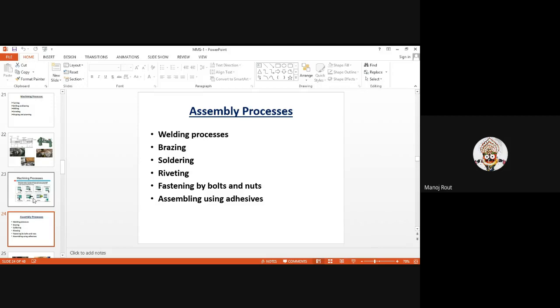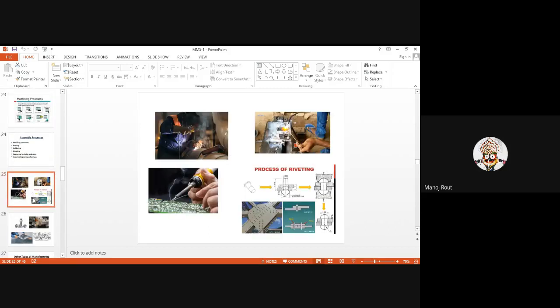In case of assembly process, we generally include welding process, brazing, soldering, riveting, then fastening by nuts and bolts, and assembly using adhesives. So we just proceed one by one. In case of welding process, the definition of welding is the joining of metal pieces, similar or dissimilar, by the